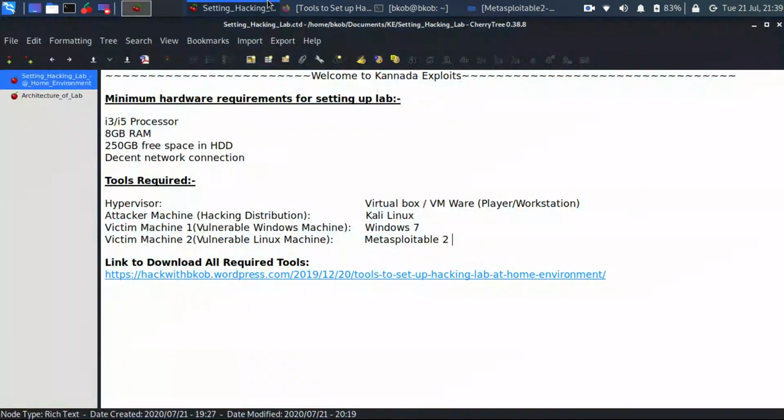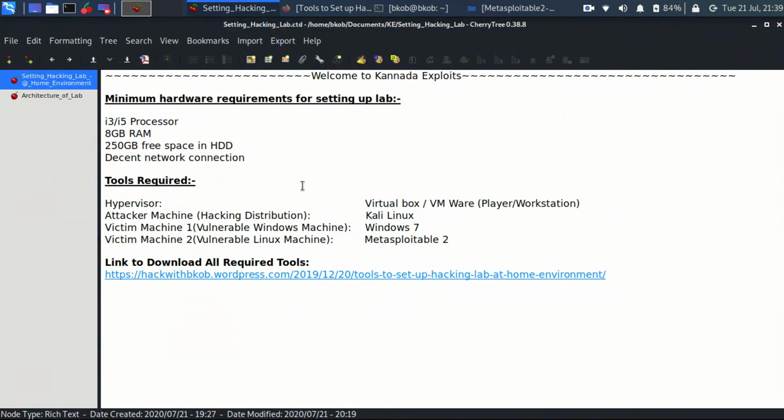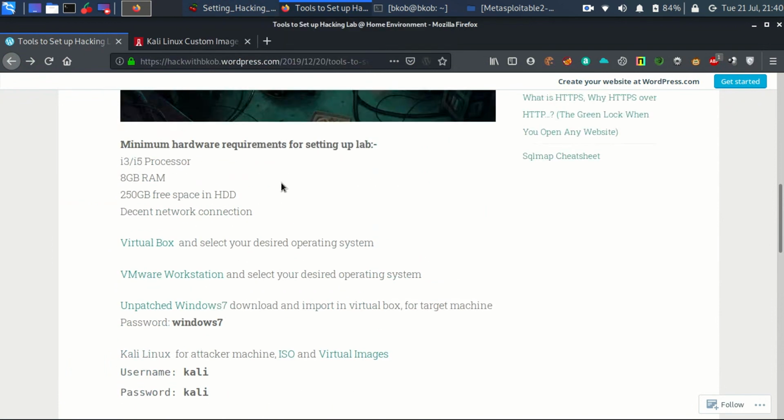Okay, so by now I hope you have an idea about how to set up your own labs with just basic and free tools. Except for your internet, you're not spending a single penny on it, as long as you have your usual computer and the required internet connection. All the tools that you require are available in the following blog post. You can download all those tools, perfectly free of cost, and all the required information is also provided over there.